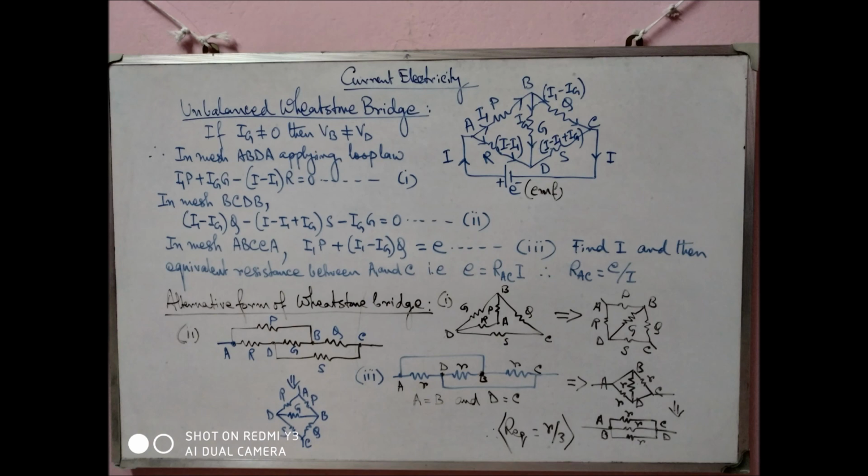So it is all about the Wheatstone bridge, balanced, unbalanced. Next class we will go about some instruments, that is meter bridge, which is the application of Wheatstone bridge, and potentiometer. That is not the application of Wheatstone bridge, but by that we can find the unknown EMF and internal resistance of a cell. How I find, I will tell, not very hard, easy concept. So today this much.